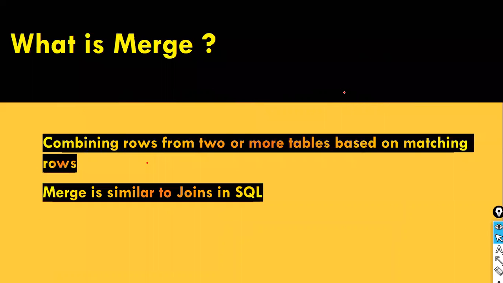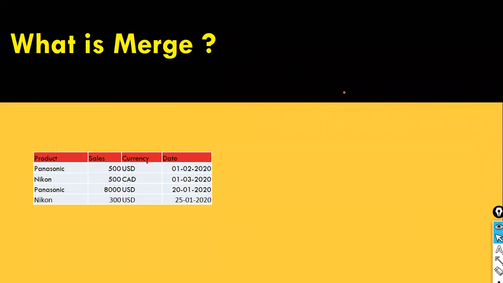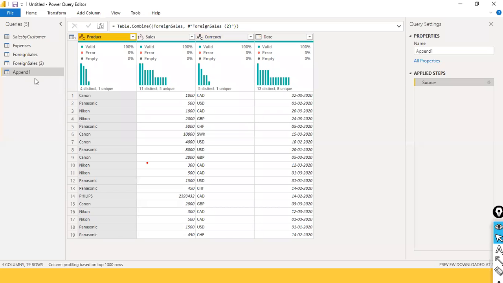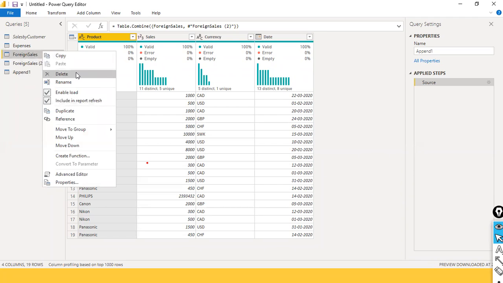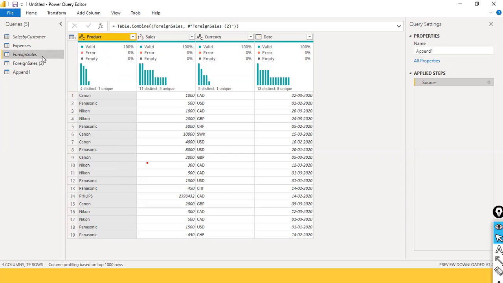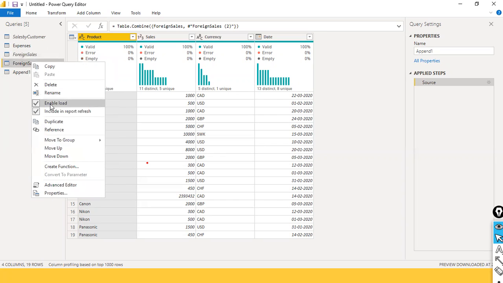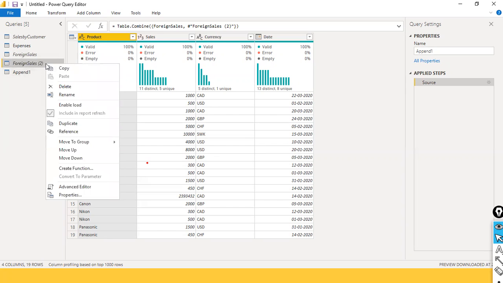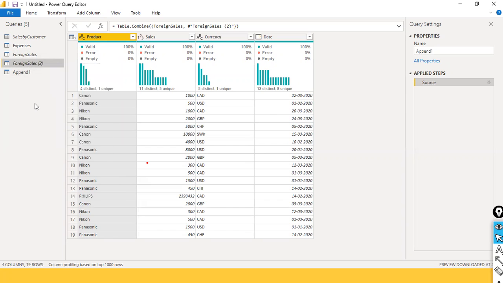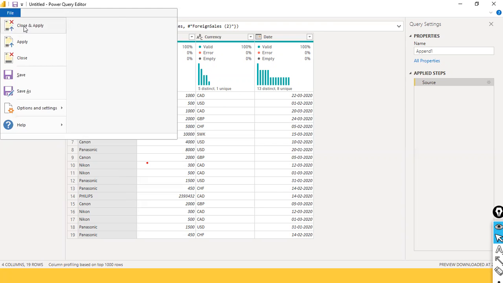Hope you understood the append, how to perform append. After you perform the append, you don't need these two files. You can right click on it. Either you can delete it, or instead of deleting it, you can disable enable load, and disable include in reports and all. So you can disable that one. You can deselect this one. So for example, if I close and apply,